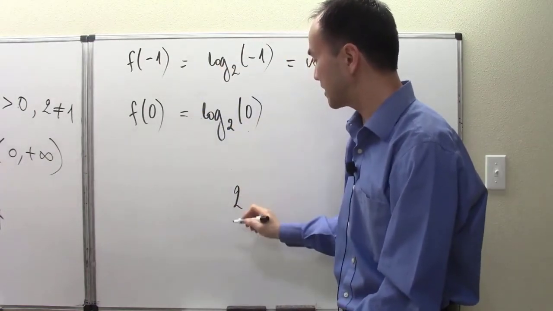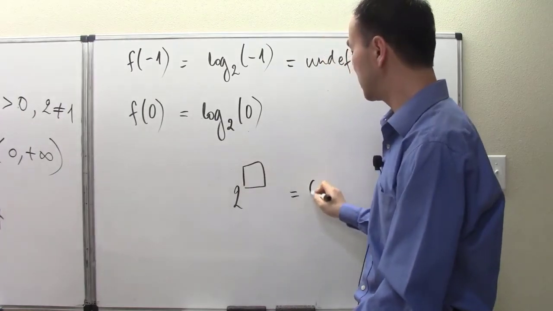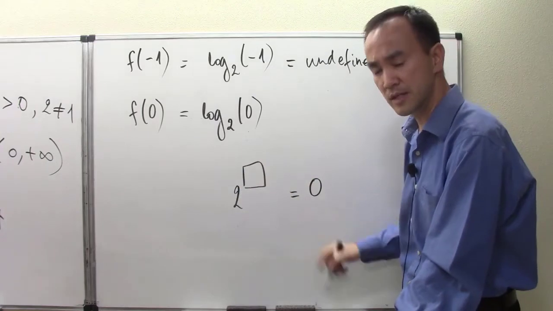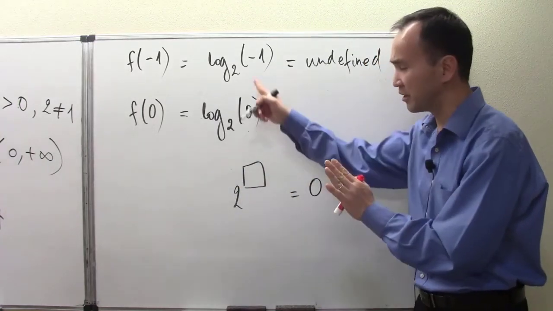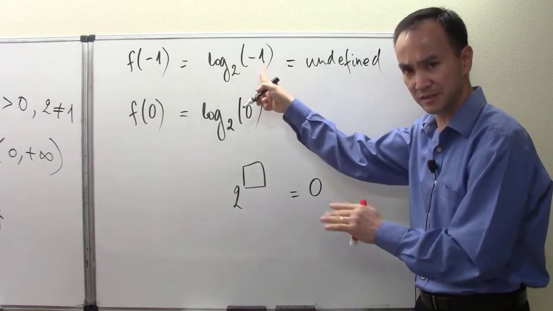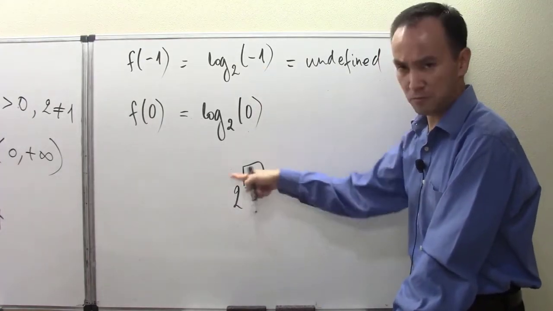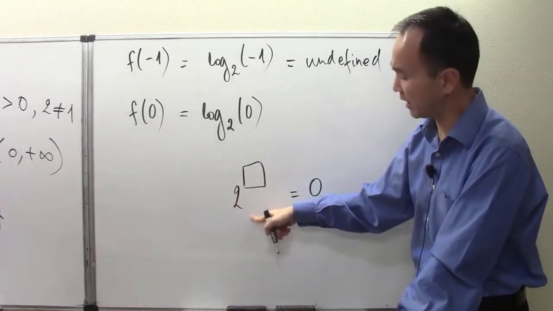We're asking ourselves the question: what power of base 2 can equal 0? Alongside what I explained earlier when I was going over the input -1, provided that the base is a positive value other than 1, then for any power of this base,